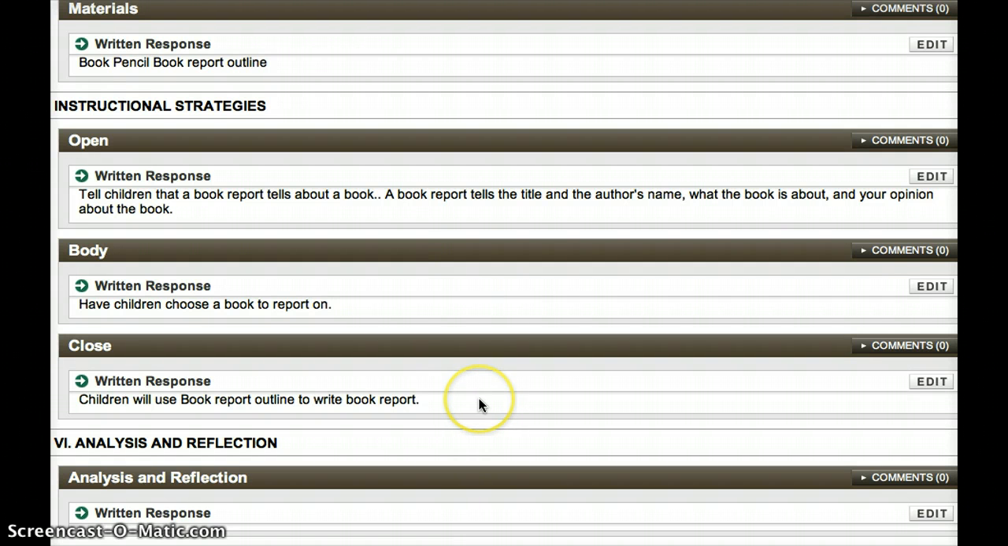I know this is your first time doing a lesson plan, but if you keep this tape, I think it'll be very helpful for you, and you may be able to use it